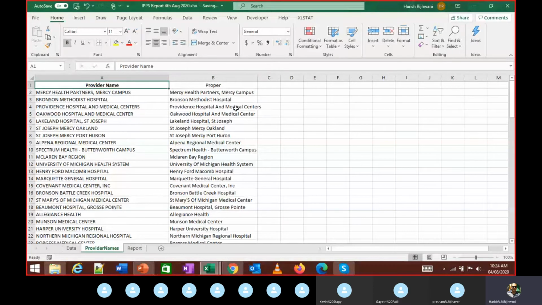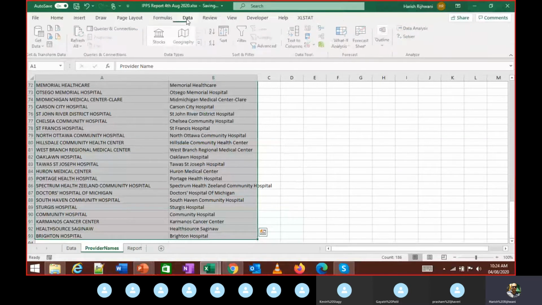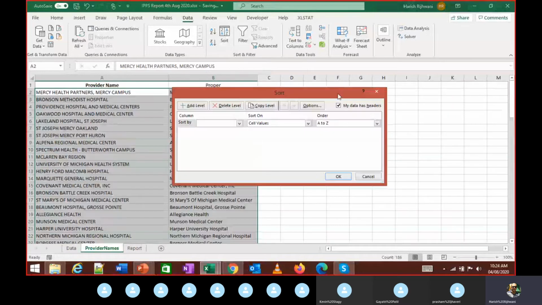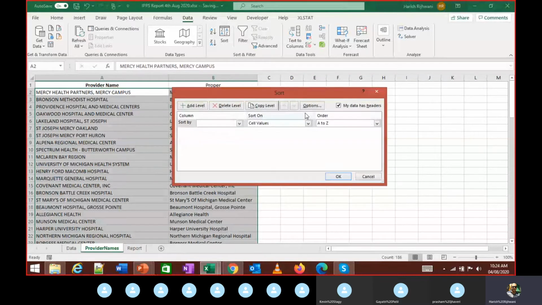And in order to sort this, I can select both these columns. I select the data in both these columns, I go to Data, and here you'll see this option for sorting. So I can click on this sort manually and I'll see this pop-up, or I do Alt D and S. So Alt D S does the same thing. It's a shortcut for getting this sort dialog.